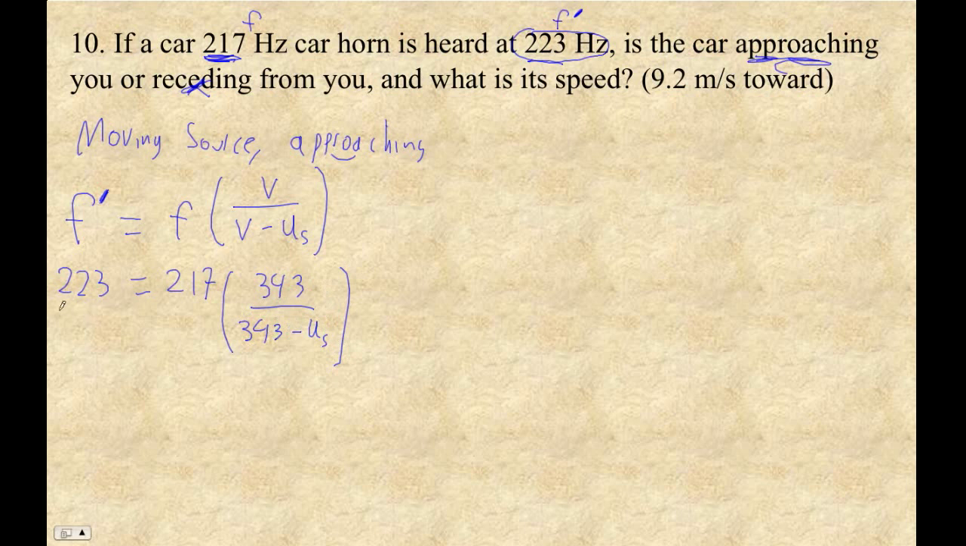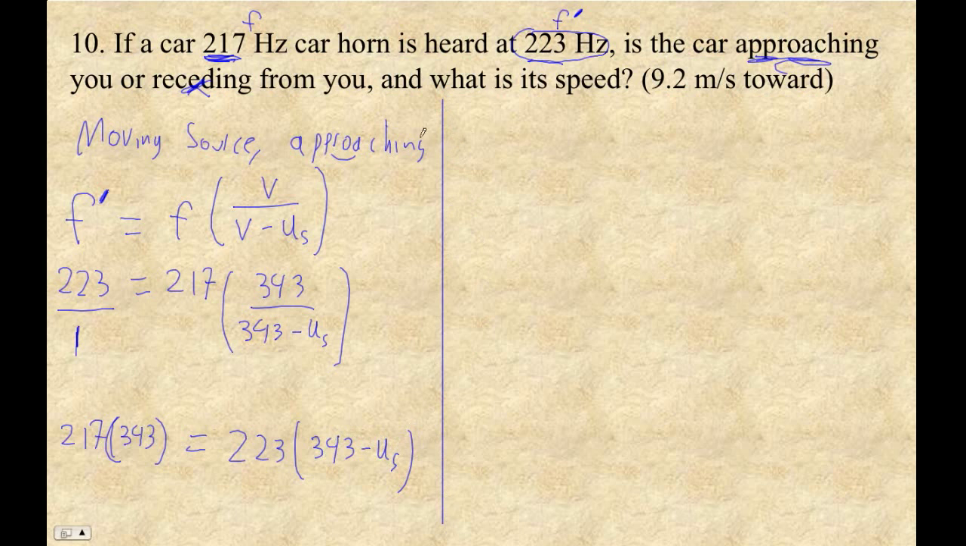So just for fun, this is over 1, I'm just going to cross multiply. I'm going to go this times this equals this times this, right? So I get 217 times 343, right? These are parentheses here, right? Equals 223 times 343 minus u_s, right? Okay, so we get 217 times 343